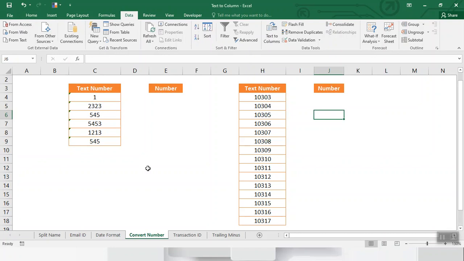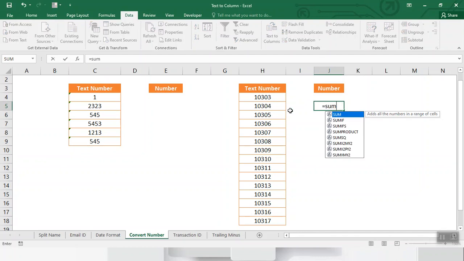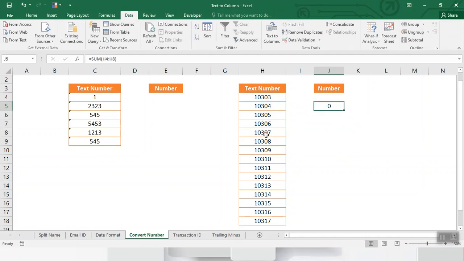Sometimes we want to sum data but it displays 0 instead of the sum. Let's try equal to sum, then enter. Because this is a text format. So how can we convert it into number format?